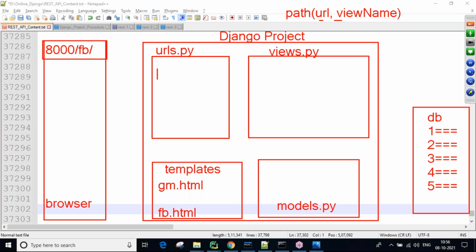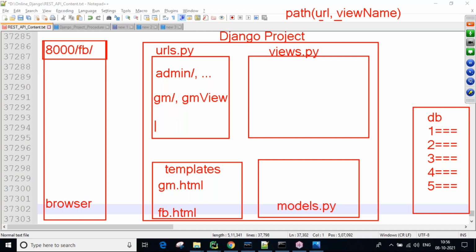Now here, an admin slash URL is there by default; this is called the admin site. Next, the Facebook URL is there. For example, gm slash means Gmail, so now we are going to call the gm view, the Gmail view.